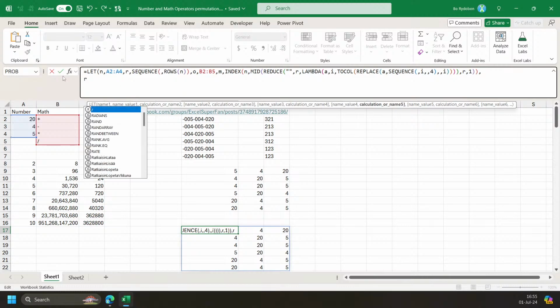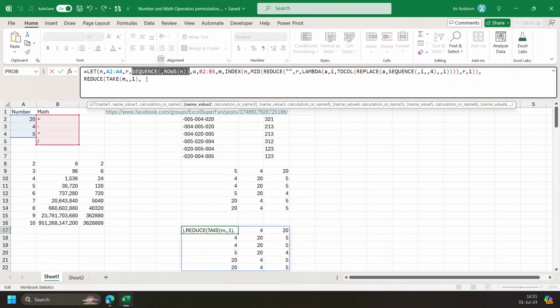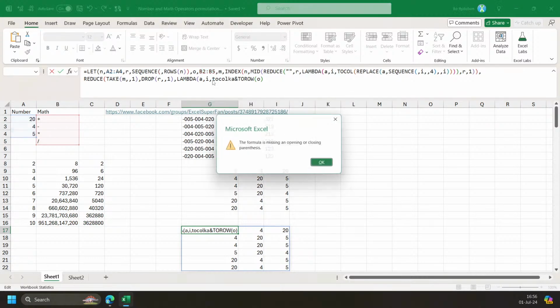Now, go reduce. Start from the first column of M. I mean, take M by first. And then I need index of 2 and 3, which I already have here, but I need to drop the first one out. So this one is 1, 2, 3, and I need 2 and 3, so drop R by first column out. And then lambda A and I again. Now, first round, we want A and 2 row of the operator, which is O. And with this one, we have to split it to columns. So to-col